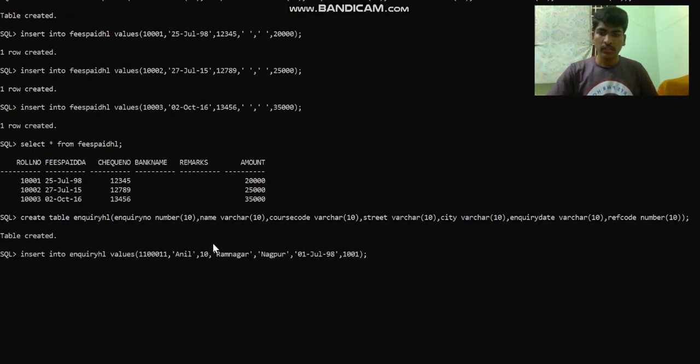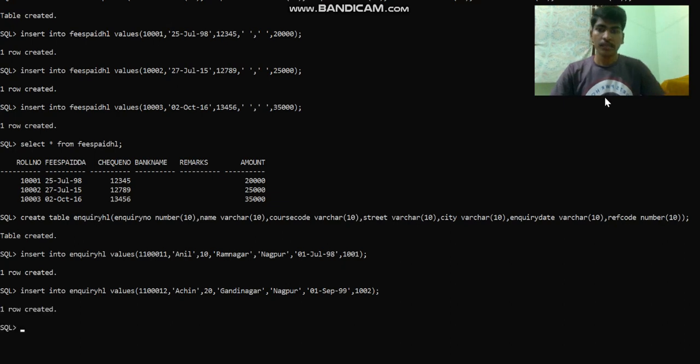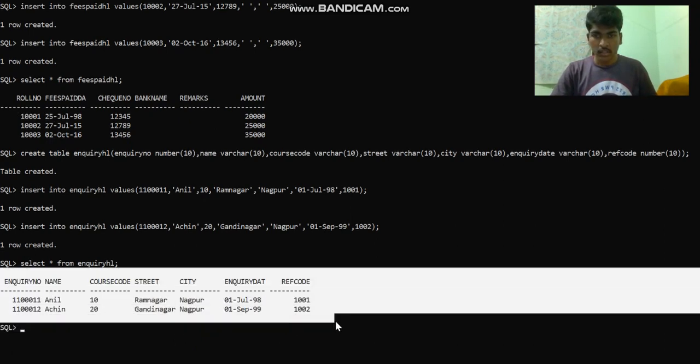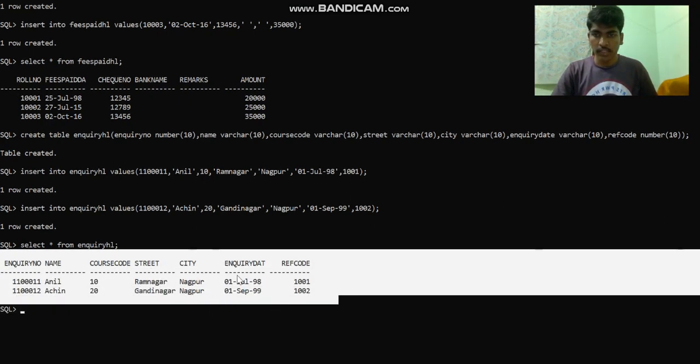This is the first input. Then we need to give another input. This is the second input. After giving this, we give the command select from inquiry. It will display the inquiry table. This is the inquiry table which we need to display.